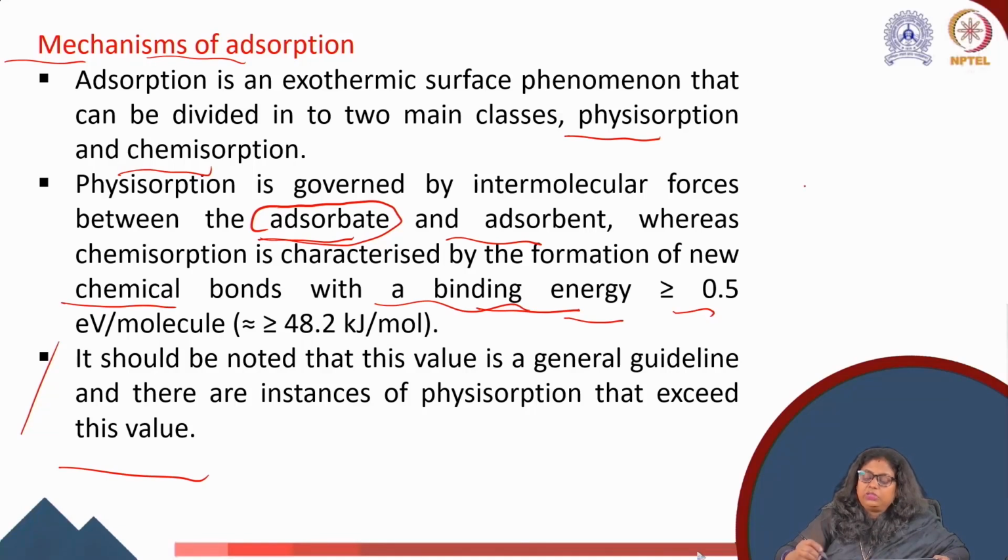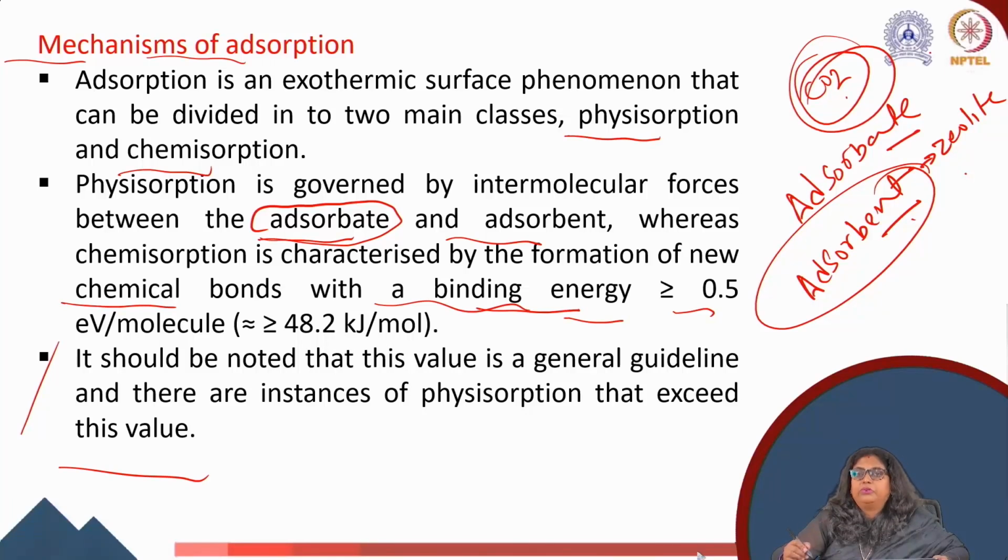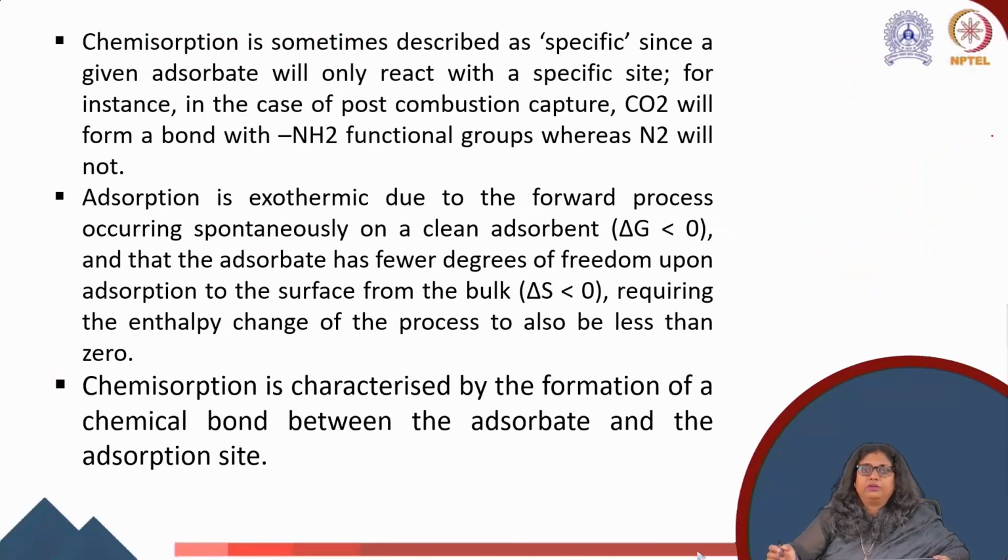So we have two terminologies here. One is adsorbate and another one is adsorbent. If we take CO2, which we require to remove, as the adsorbate, then we can take zeolite as the adsorbent. So zeolite is the adsorbent and CO2 is the adsorbate. We have an impurity, CO2, which is required to be removed from the stream of gases, and that is considered the adsorbate, and we require the adsorbent to adsorb it. We have zeolite in the given example here.